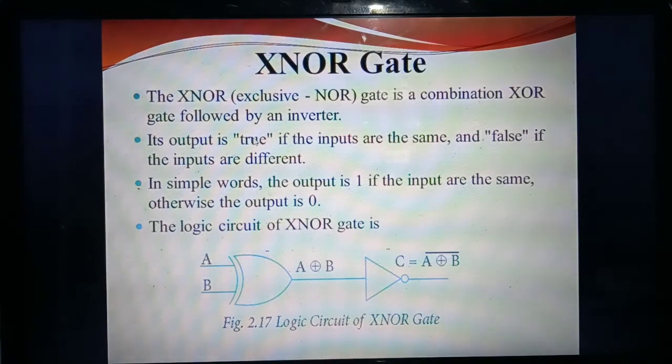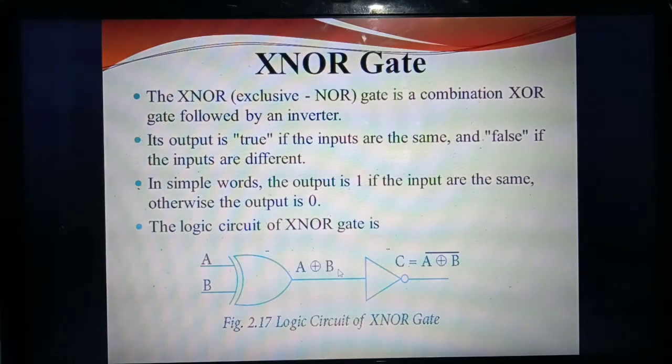So, here, when you will get the output true means, if both the inputs are same, you will get the output true. Understand? When you will get the output true, it is just opposite to the XOR gate. Just opposite to which one? XOR gate. In XOR gate, both the inputs are same means you will get the answer false. But here, both the inputs are same means you will get the answer true. So, it is just opposite of the XOR gate. Okay. So, this is the logical circle.